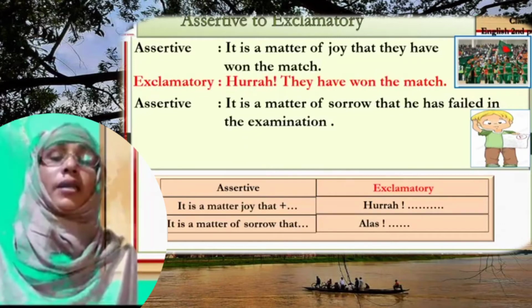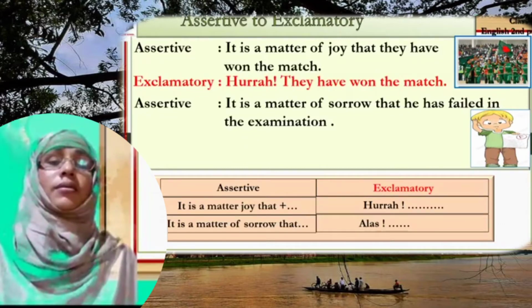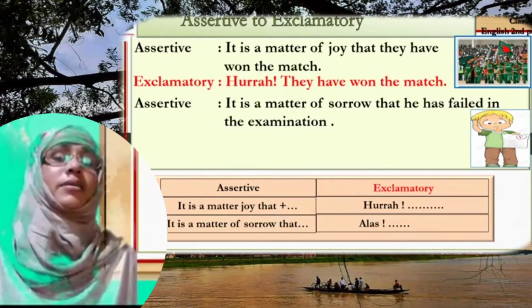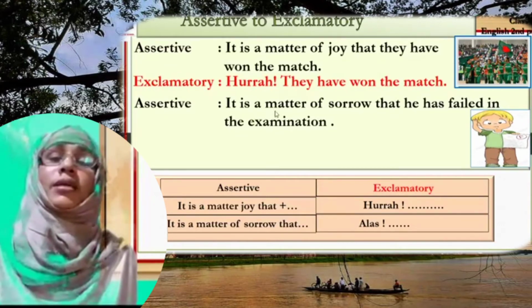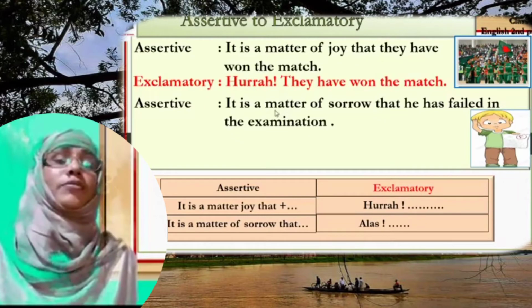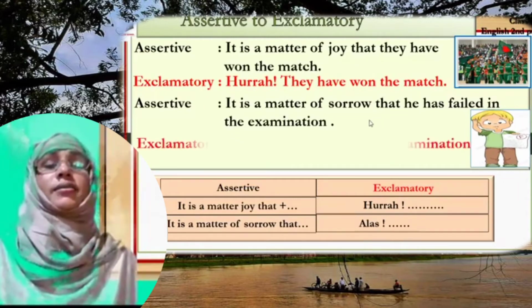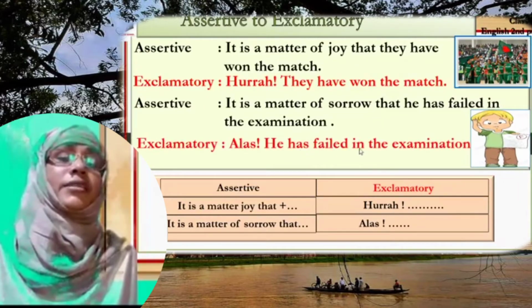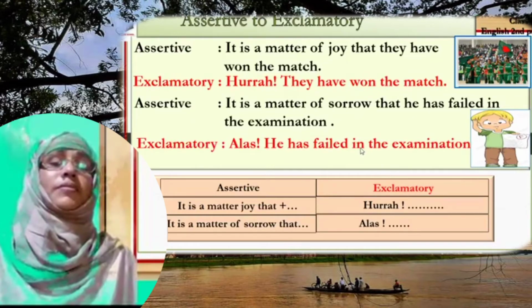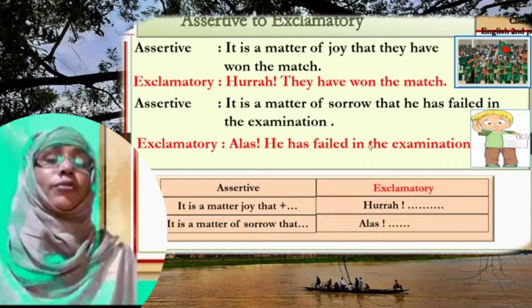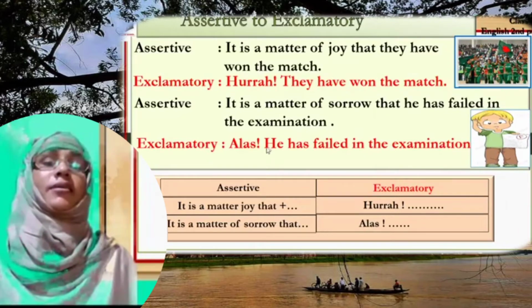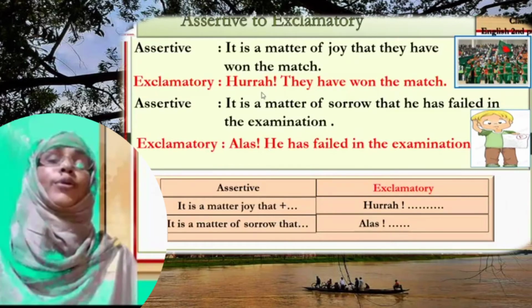They have won the match. Hooray, they have won the match. Instead of it is a matter of joy that, we will use hooray. If it is a matter of sorrow that, then alas, he has failed in the exam. It is a matter of sorrow that he has failed. If it is sorrow, what will we use? Alas. And for joy, what will we use? Hurrah. Or we